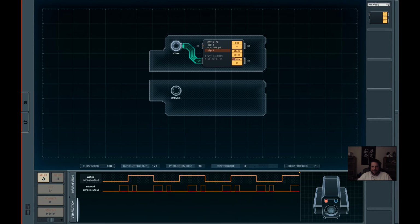Here's X1 and X0. The X's are like a data bus, whereas the P's are simple, just a 1-bit input output, and it can go from 0 to 100 is the range. And so that's what we're doing here. We're putting 0 into this output over here, which is the active light. And then we're resting for 6 time periods, which is what we got here. And then we're raising it to 100 and resting for 6, lowering it to 100, resting for 6, and then